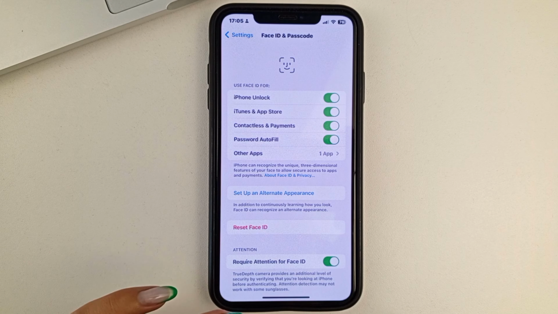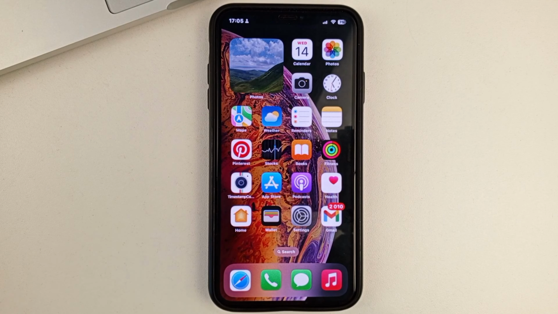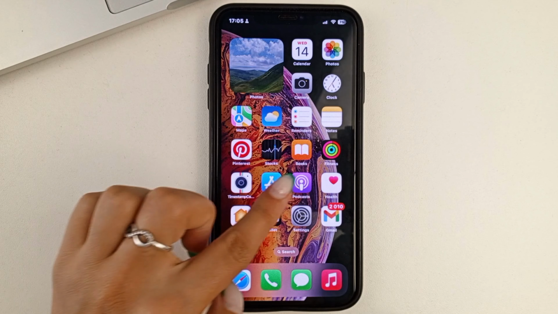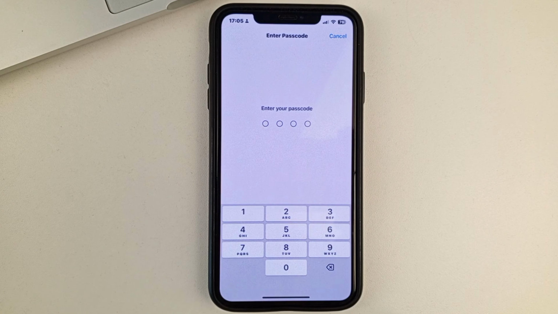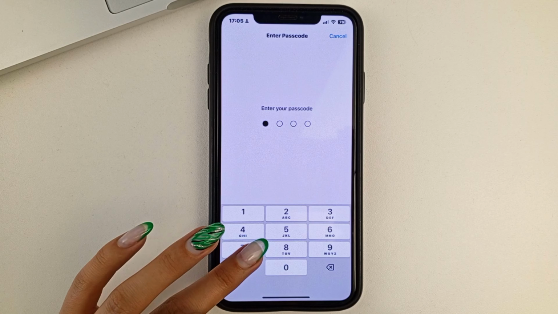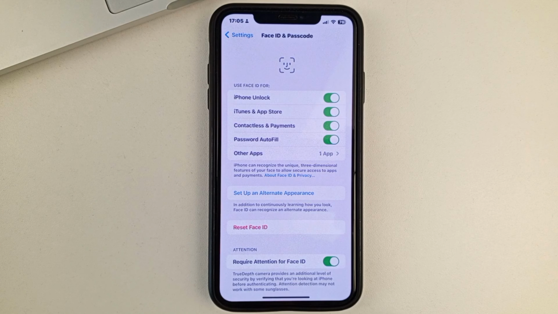And let's get started. So, I'll show you from the very beginning. In order for you to find the Face ID settings, of course, you'll need to go into Settings first on your iPhone in general, then scroll down to the bottom and select Face ID and Password. Next, you'll need to enter your passcode on your phone. After that, friends, here you will be able to find the option to reset Face ID. You will just need to click here once, and then your customized Face ID will be reset.